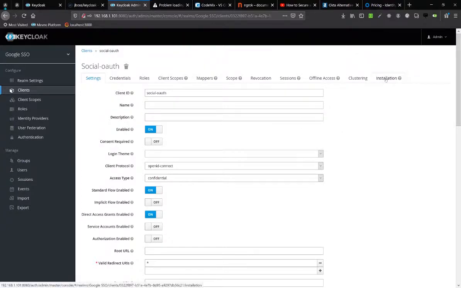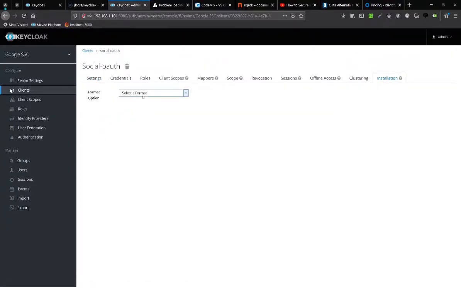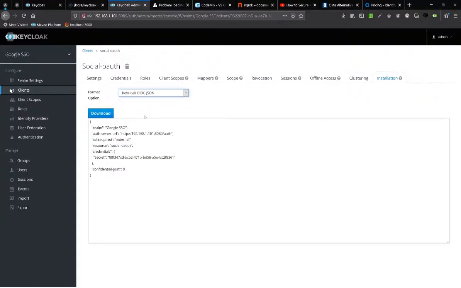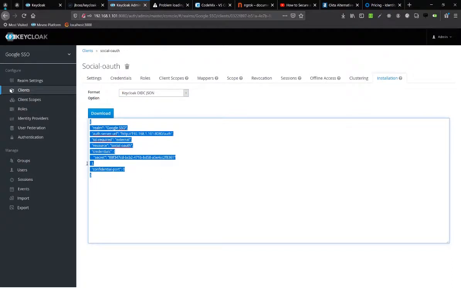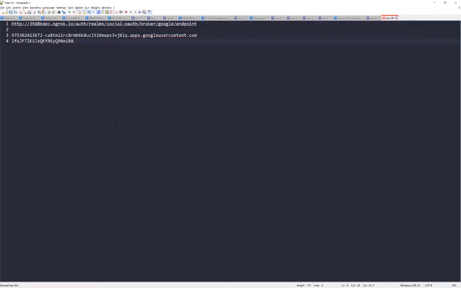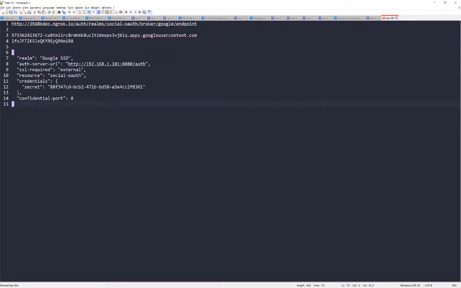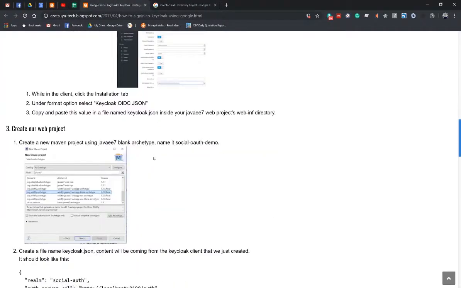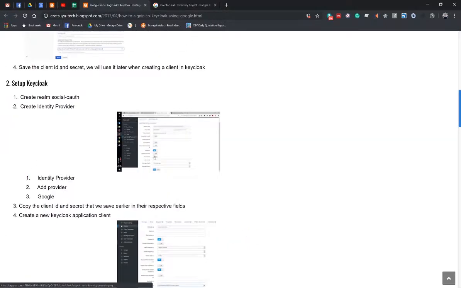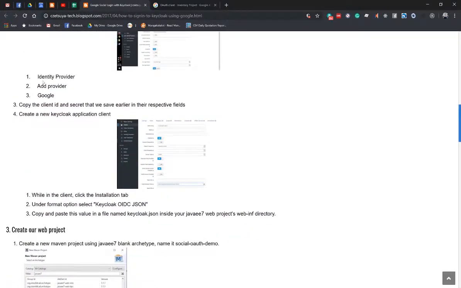And go to the installation tab. Hit select a format and select the Keycloak OIDC JSON. This is the configuration that we will use in our front-end application. Let's just save it for now. And again, let's follow this procedure. So we need to create an identity provider